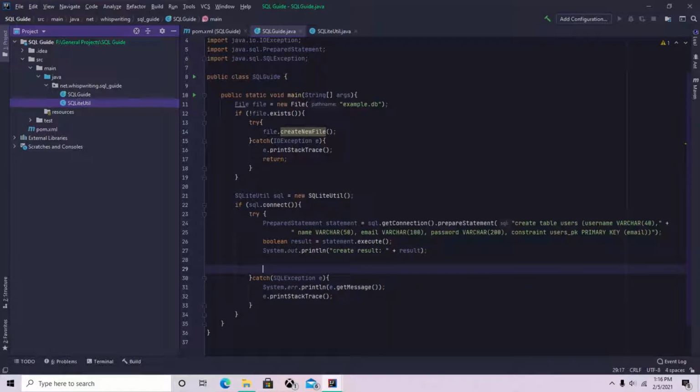So after we've created that, I'm going to go ahead and create another statement. This is going to be SQL statement is equal to SQL.getConnection.prepareStatement. So this is going to be an insert statement. So insert into users values, and then in parentheses we're adding all the values that we're going to put in. So I'm going to put in